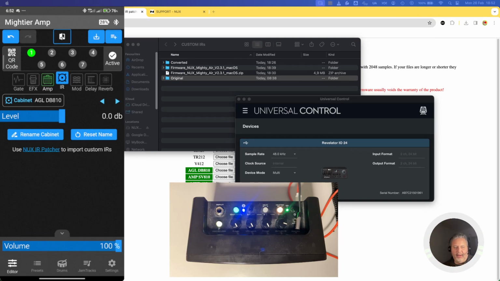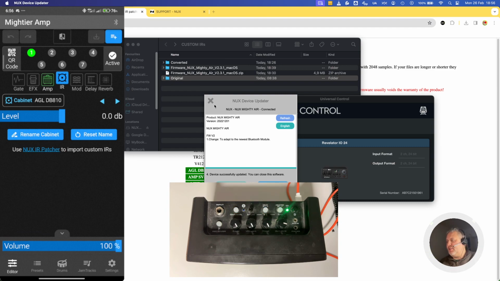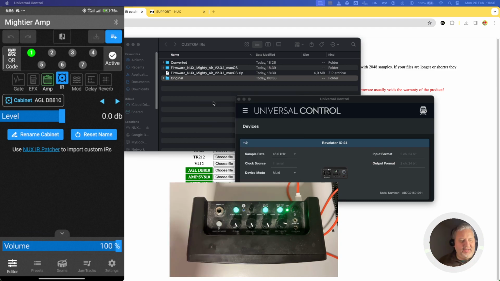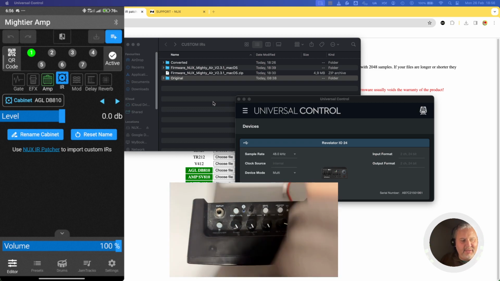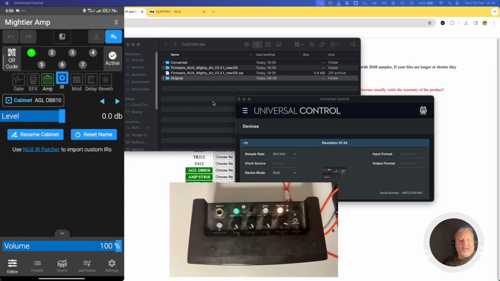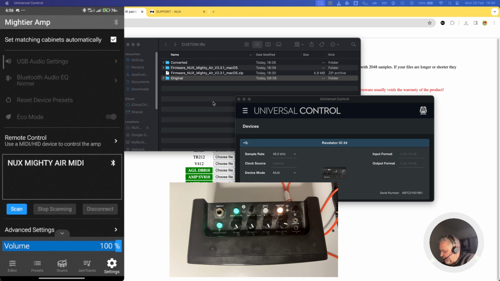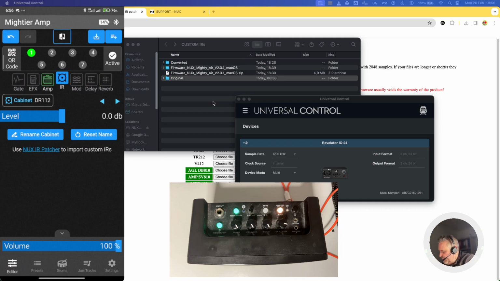Now I will patch the firmware and return in a moment with the other sample, with the comparison sample. Upgrade finished, so I'm rebooting the device. This way it can be started again. So I'm turning it on, connecting again to the transmitter. My guitar is ready. Again, let's connect again from Mightier Amp. Select the same pre-selection, so turn off the reverb, the amplifier is still the NUX reverb, IR select again the AGL-DB,